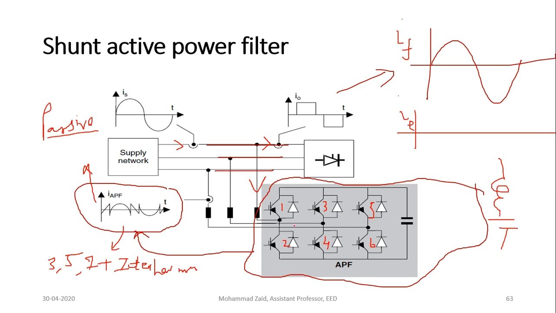As you control the inverter, is it easy to control an inverter? This is a DC bus, the capacitor which is here, also used for power factor, providing reactive power to a system. So it is basically doing these two things. It is working as a filter, as well as a reactive power compensator, because by controlling these switches you can also provide reactive current to the system wherever required. The control part of this is very, very difficult, and it is not usually discussed at UG level. It is basically a concept of PG level.